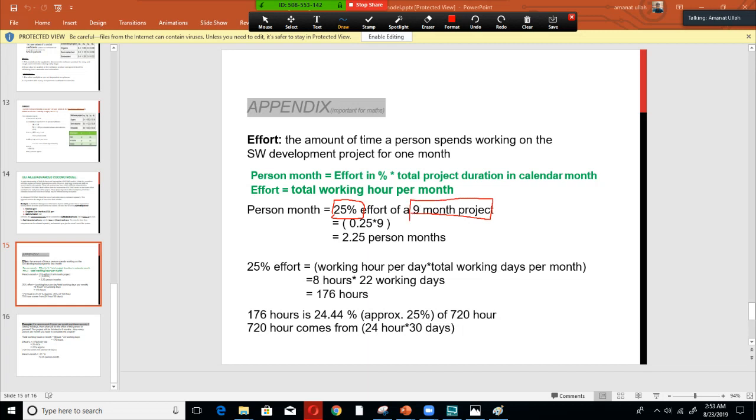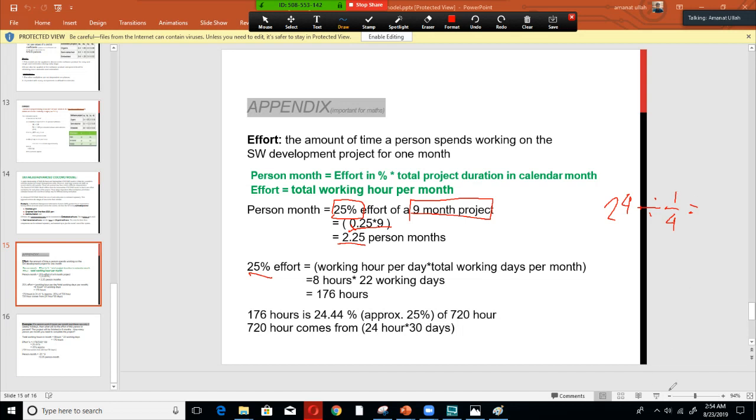So he gives 25% into 9, so 2.25 person-months. Now a 25% effort means that he gives, so if we divide 24 into 1/4, we get